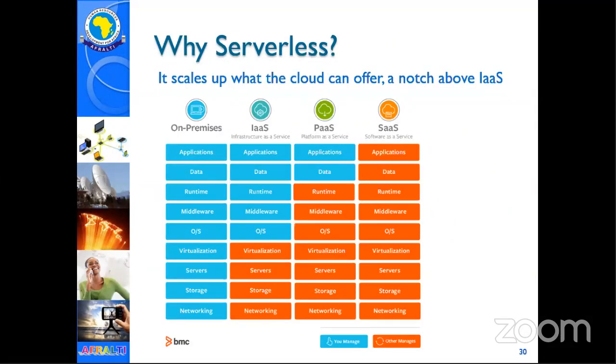Now, what serverless architecture does, you remember we discussed the cost savings you gain.